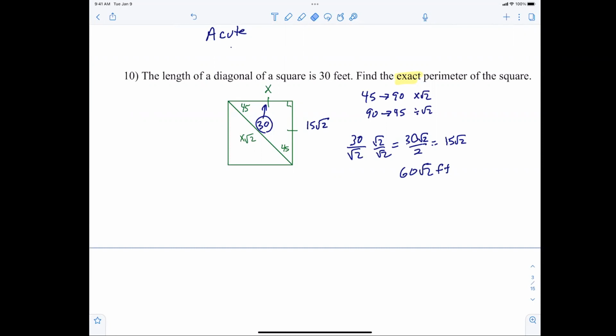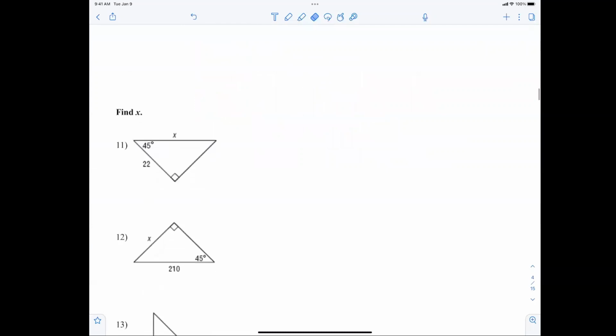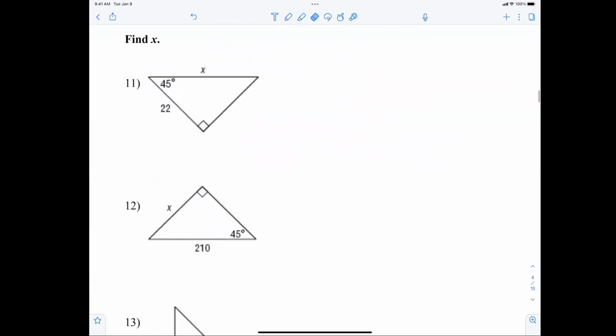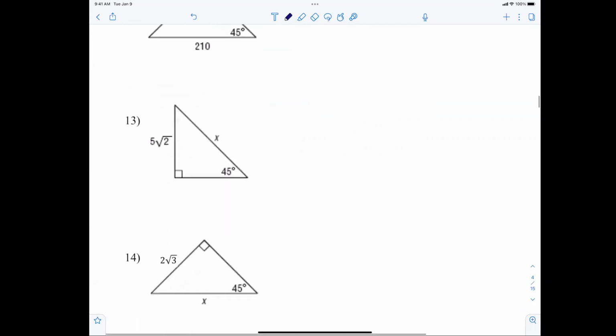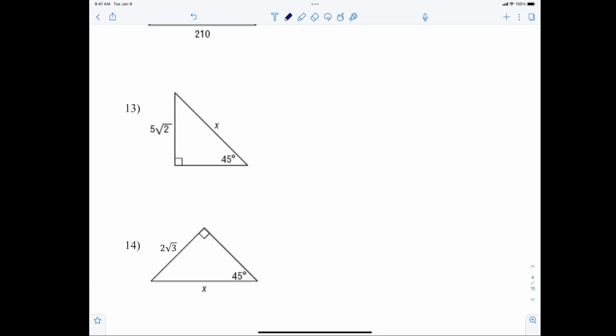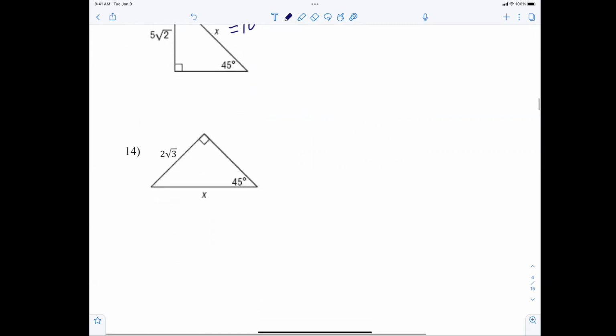All right. Number 11. So obviously this one is what? 22 radical 2. Number 12. 105 radical 2, right? Yeah. 13 would just be 10. 14 would be